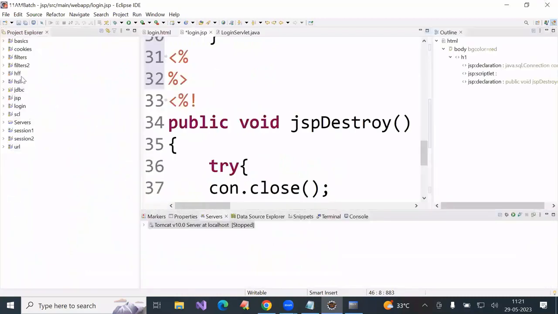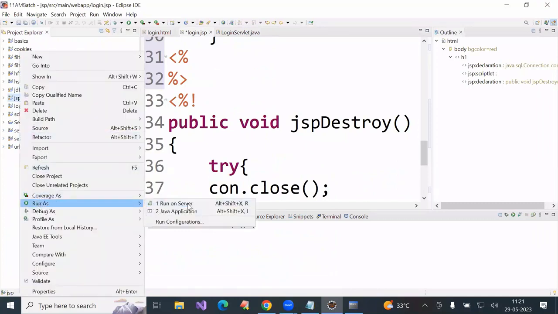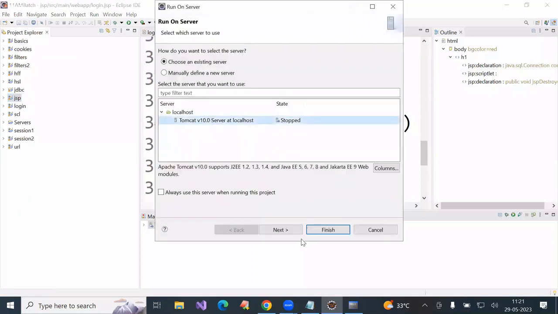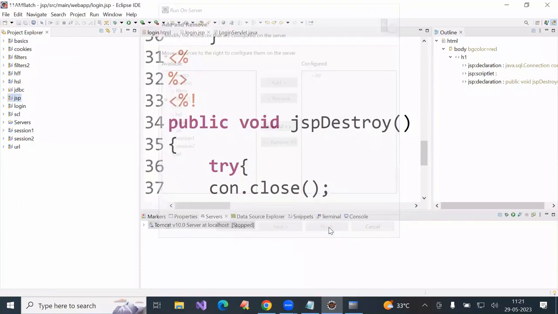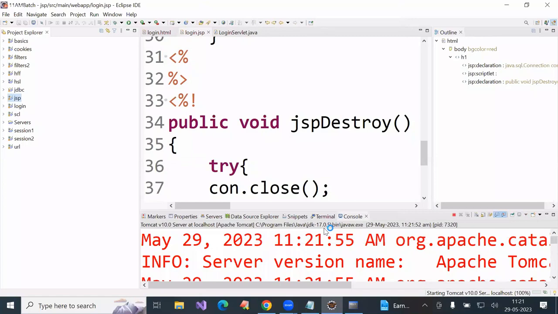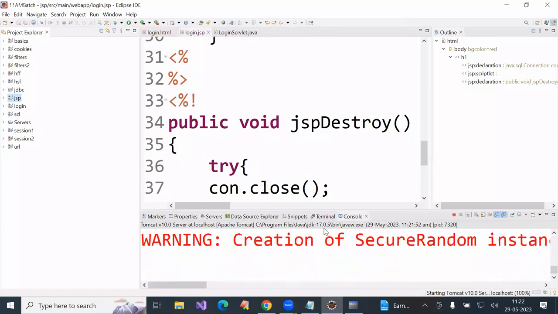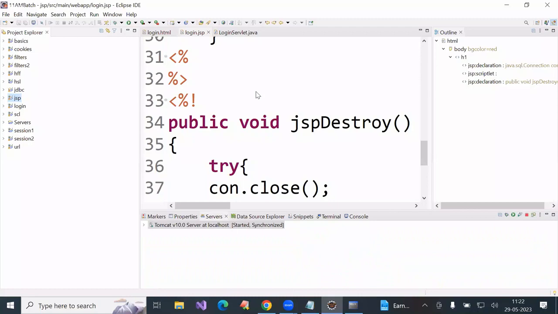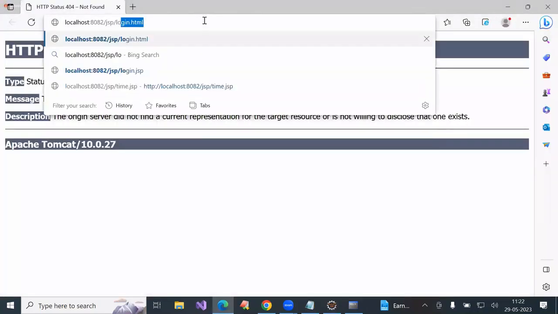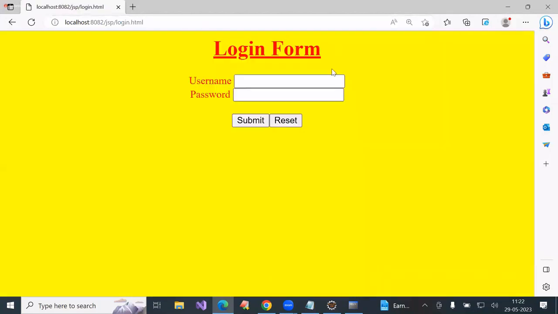You observe. JSP, right click, run on server. Save. Here, login.html. Here username AAA, password AAA. When I click the submit button,